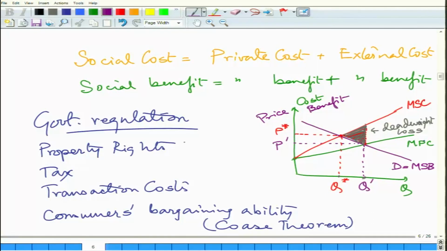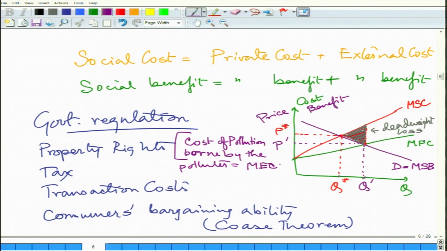Once they bear the cost of polluting the environment, naturally the price goes up, and this price is equal to the external cost. So whenever there is a property right, the cost of pollution, which is borne by the polluter, is equal to the marginal external cost, of course the cost of pollution per unit of production. So marginal external cost, and naturally when the price goes up,